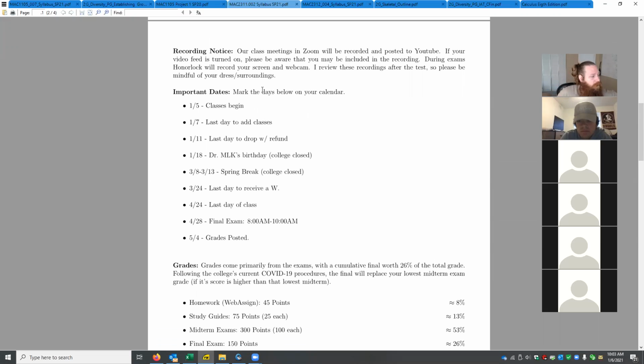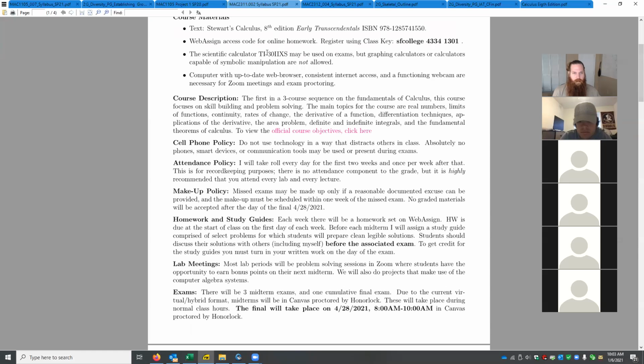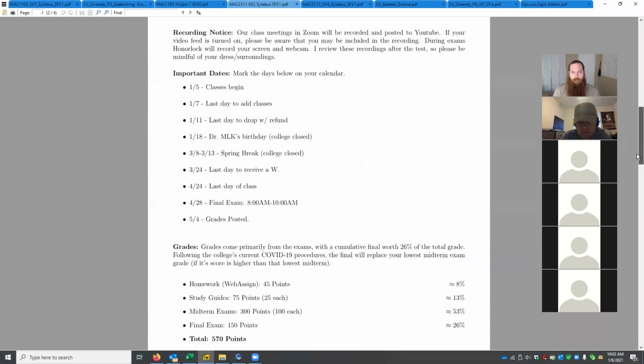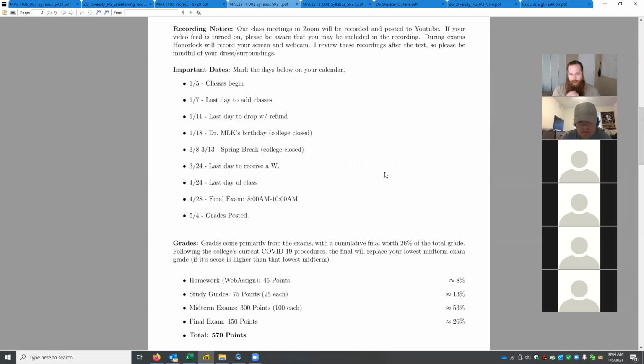When you're working the homeworks and stuff, you're welcome to use whatever you want to use. Obviously, I can't police that, but I would recommend practicing without the calculator, because on the tests, certainly no graphing calculators are allowed. The only calculator that we're allowed to use on the exams is the TI-30XIIS or the TI-36XS. You will not need a calculator. The problems will be designed so that the arithmetic is very simple. We're here to test your calculus skills, not your arithmetic skills. So I promise you won't have to multiply crazy decimals or do anything weird like that. Okay, thank you. Of course.